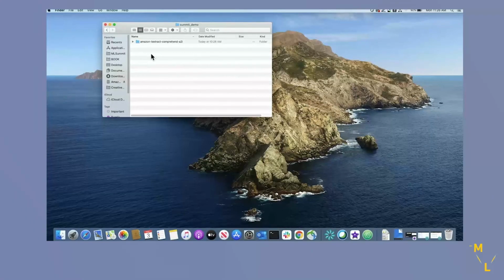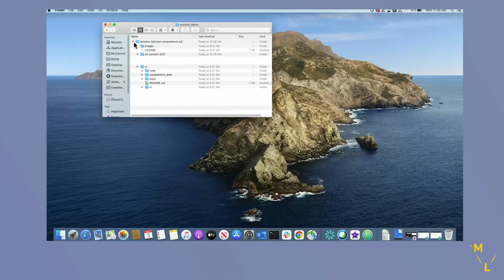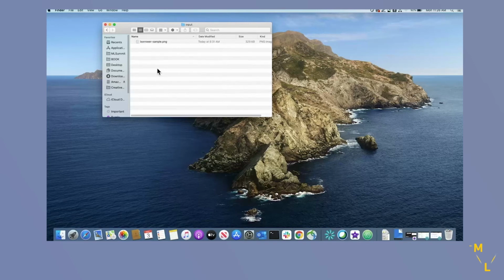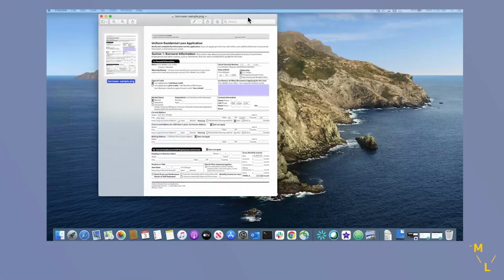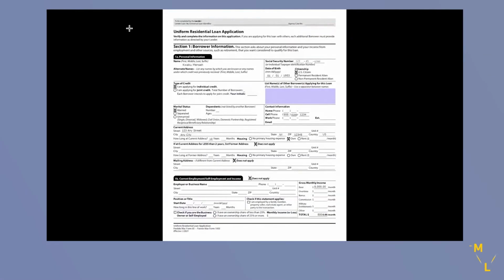Now we're going to look at the input document that we're going to upload to our input S3 bucket, which is our loan application form. It's present in this folder, ML Summit 2021, under input. So double click on this, open the PNG file here. It's got borrower information, just what we're using for the demo. Now it's got some personally identifiable information. In this demo, we haven't included the Comprehend PII feature, but if you'd like to add it as part of your workflow, you can use the Amazon Comprehend PII entities API.